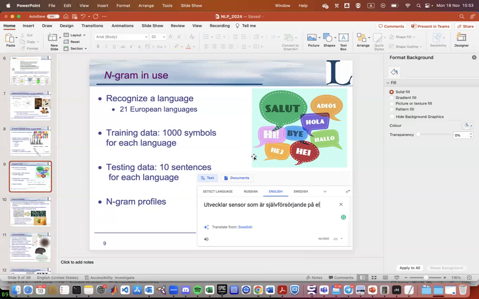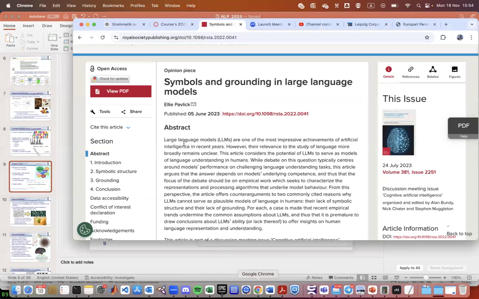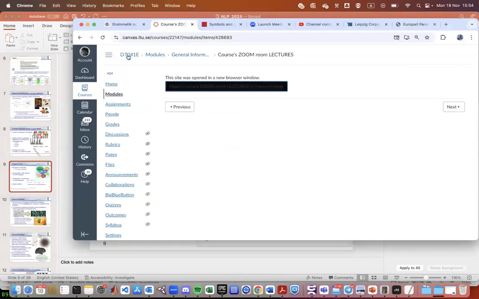So now, I don't know if the one who asked this question on Discord is present, but if not, I will repeat it again on Discord. I want to make a detour and go back to Canvas